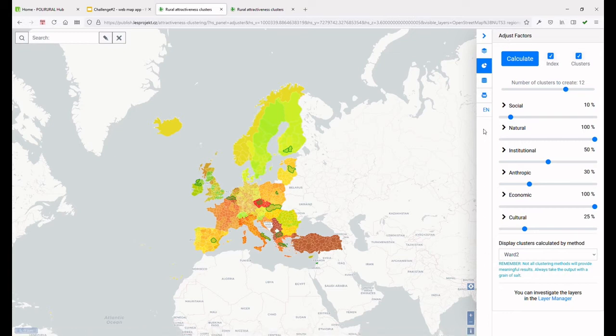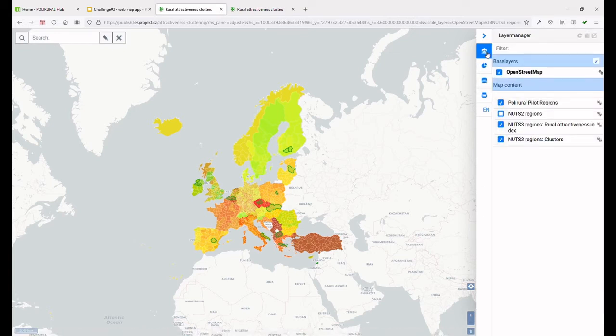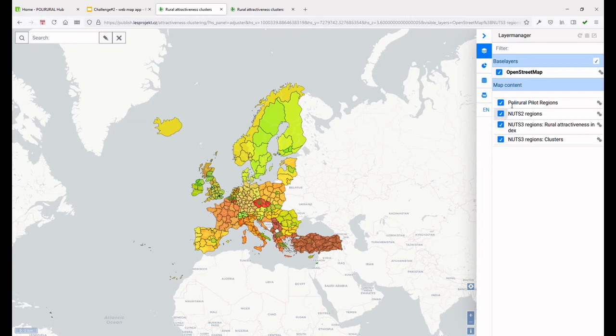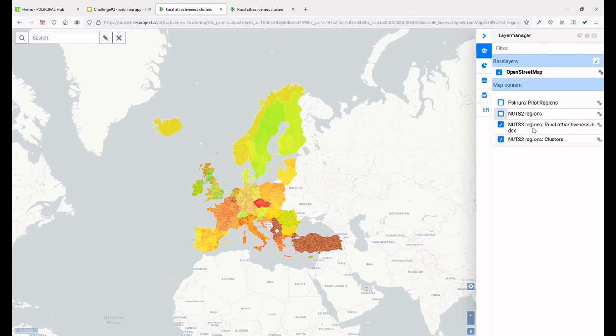Here on the right side in this panel, you can switch to Layer Manager and you can turn on or turn off individual layers. Here we have several layers available. First is a layer of pilot regions for the PolyRural project, shown in green. Then you have a layer of regions in a classification NUTS2, and there are the next two layers which are NUTS3 regions, and these are our primary focus